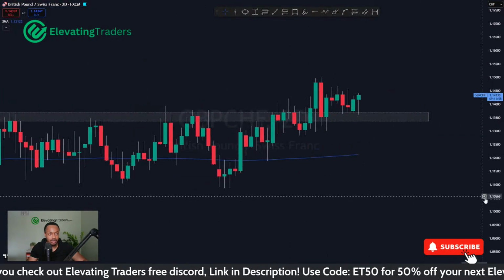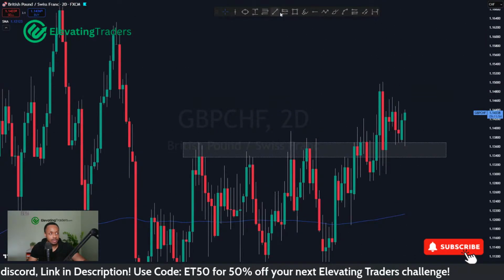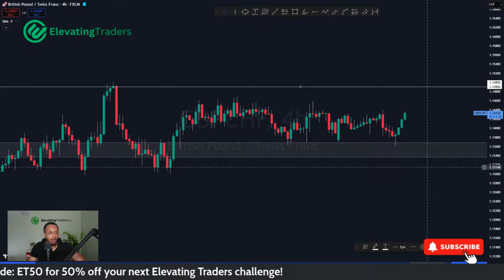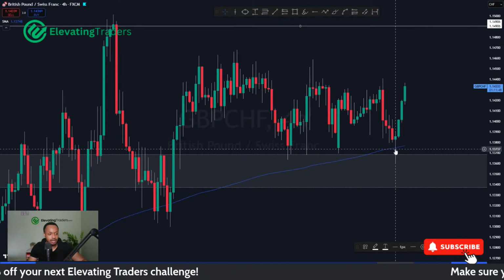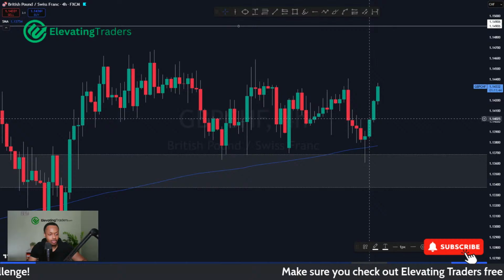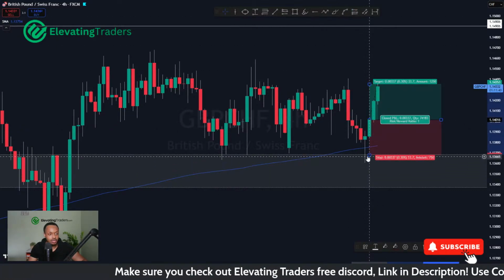We've had a breakout. Now it looks like price is successfully retesting it. So I do think Pound CHF can see a move back into resistance up there. Look at the 4-hour chart. We had a nice spike to the downside in the early hours of the morning, and then a nice shift on the 4-hour chart and closed pretty bullish. So that did look like a nice opportunity to me.